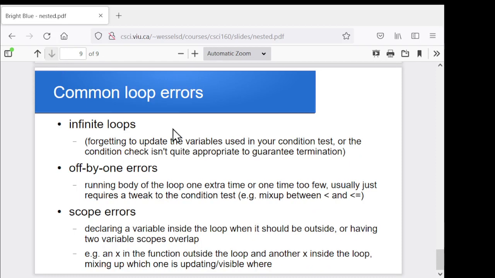The last thing I wanted to mention was just a comment on the kinds of errors to get used to encountering when you're working with loops. Infinite loops are one where you forget to update the variables that you're using in your test condition. So let's say, and we had an example of that a little earlier here,